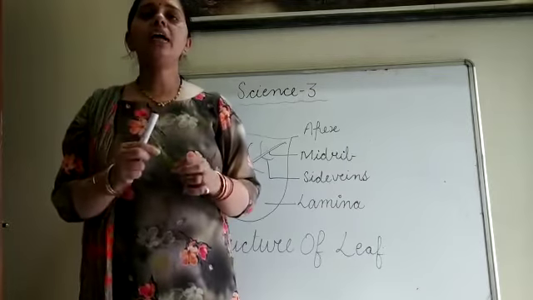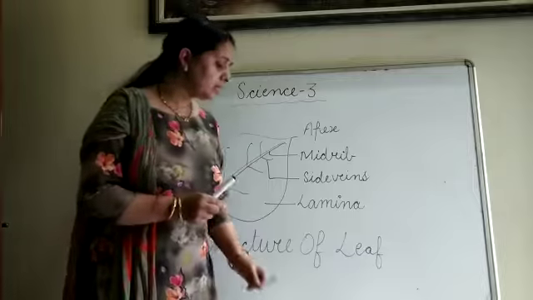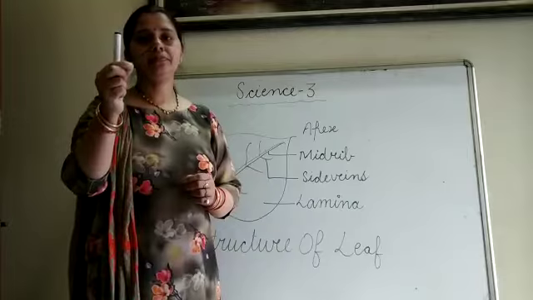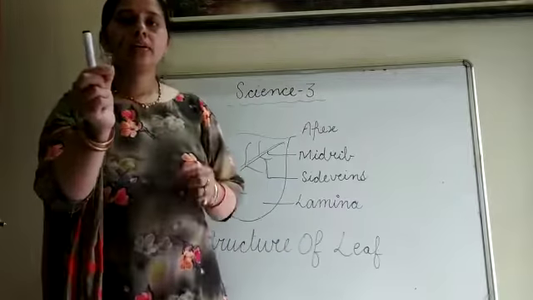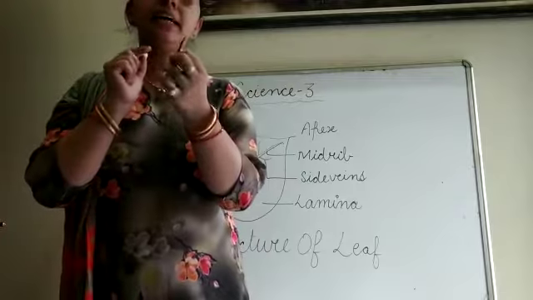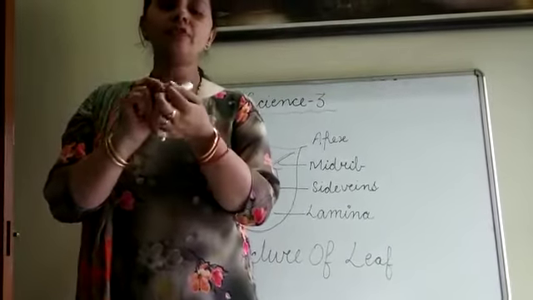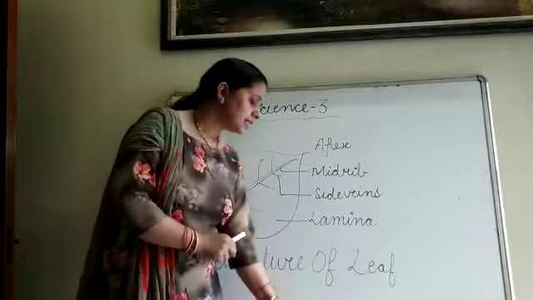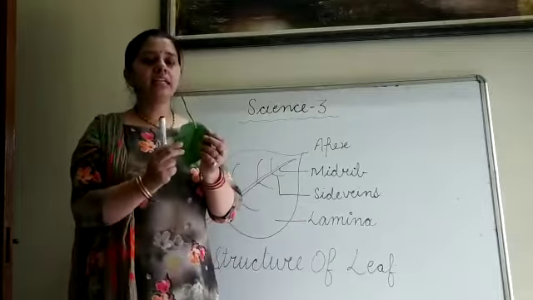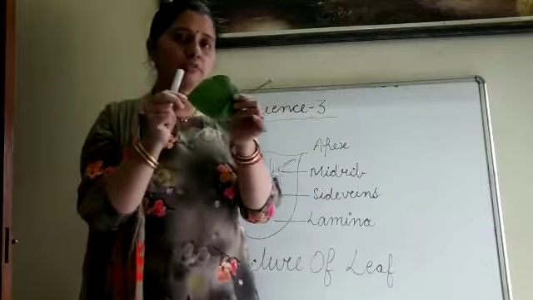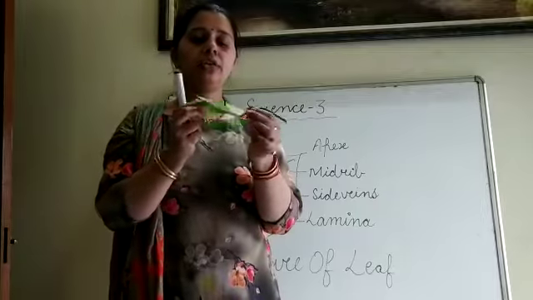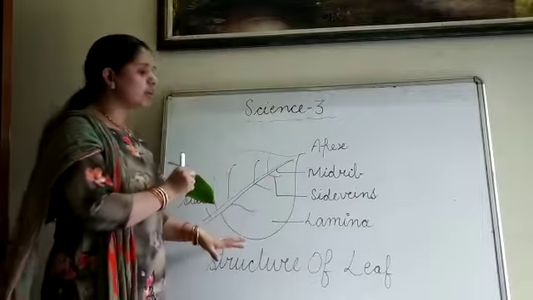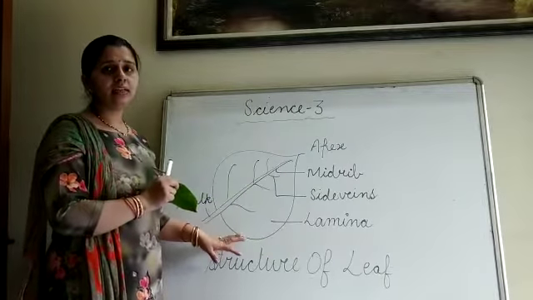So leaves are also of different shapes and sizes. You can see that this is a very thin leaf and it has spines, looks like a needle from the apex side. So leaves are of different shapes and sizes. I am having this leaf. This leaf is of a money plant, and you can see every part of the leaf, and I have drawn it here also. This is also a leaf.